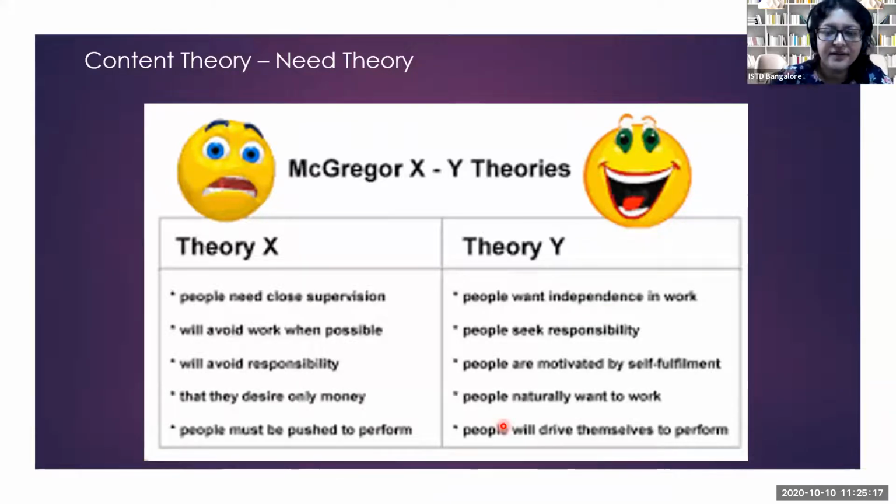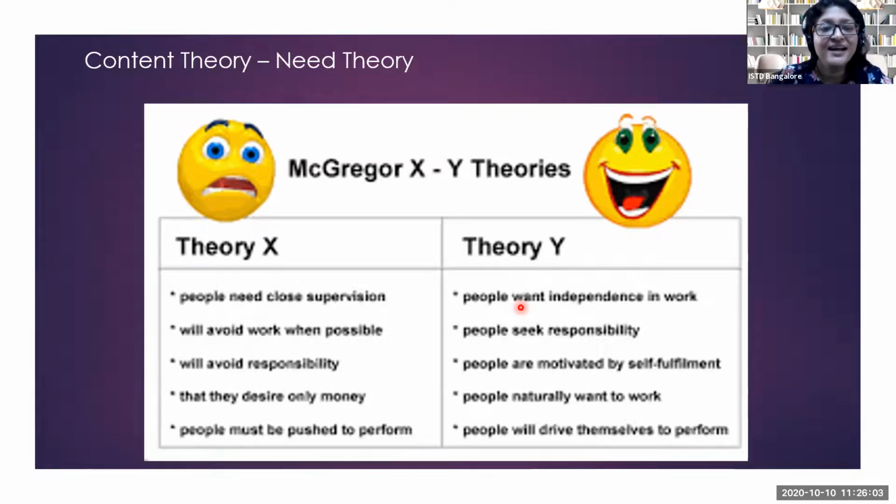Theory X and theory Y, it's very simple. Y is for yes, X is for no. So these are the two personality types of people. As it clearly says here, people who are self-starters, initiators, motivated, who naturally want to take more work, want to contribute, and will drive themselves to perform more, are the category Y people. Any organization would want to have such people. But there are pros and cons. The positive is that you don't have to micromanage or supervise. You give them a task and you can rest assured that they will do it.